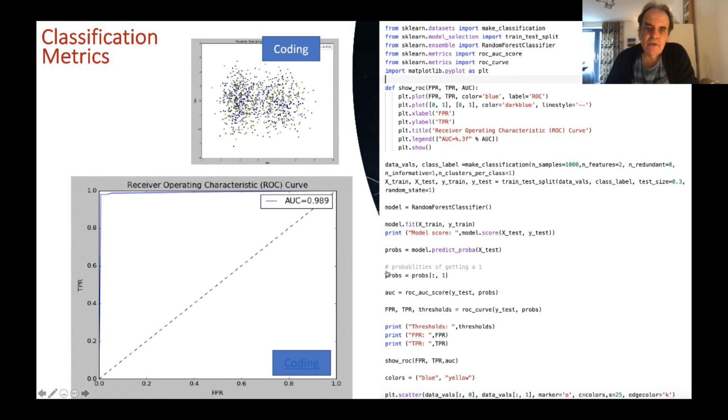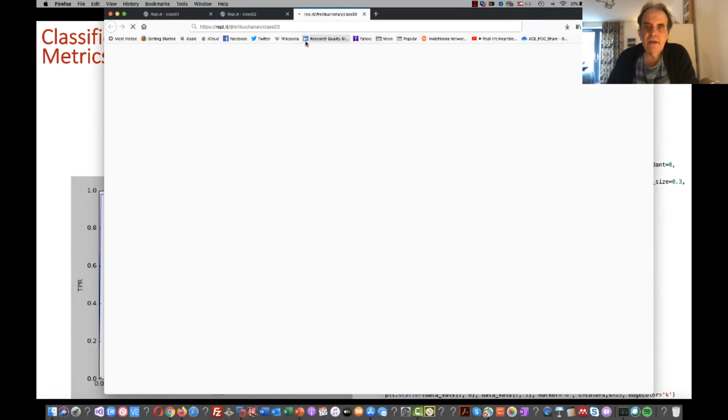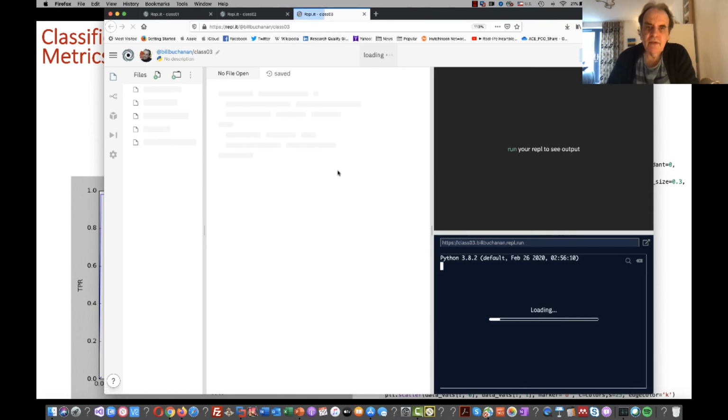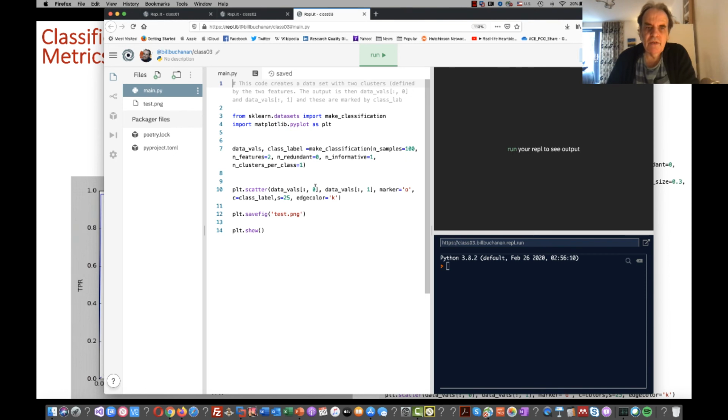Okay, then what we want to do is to be able to take that data and then score it against our test data to see how well it's matched the predictions. And from that, we'll be able to get our ROC curve and then hopefully show it. And then at the end, we can plot our scatter graph. Okay, so just to show you what this data looks like, this is going to generate our data set.